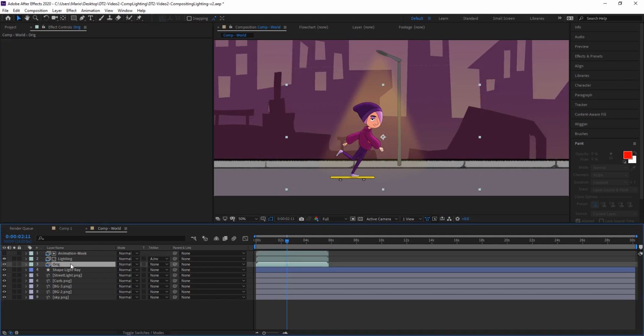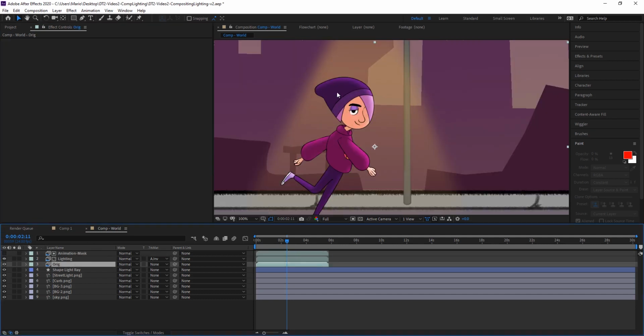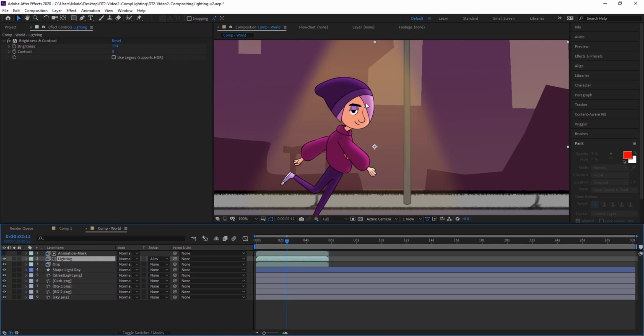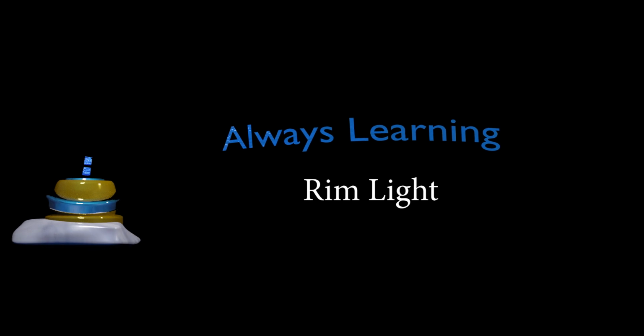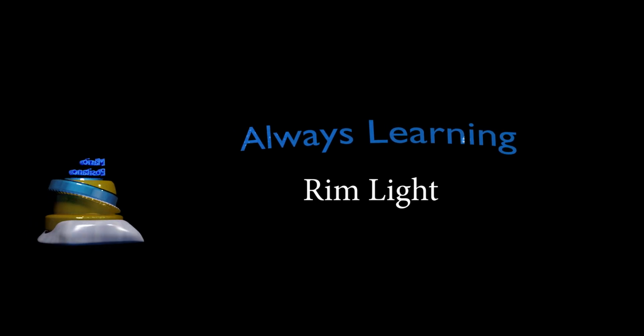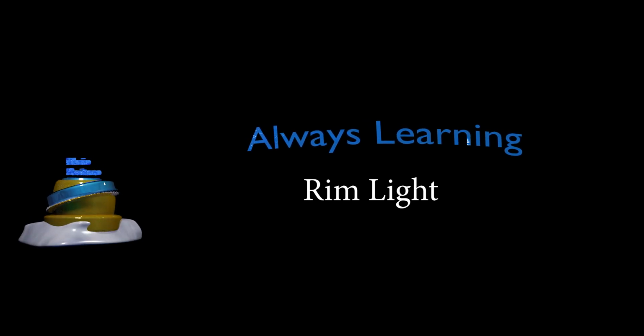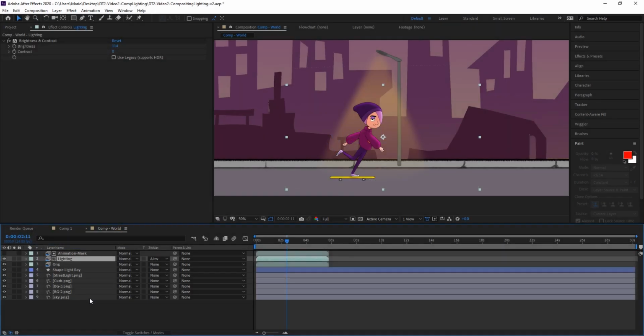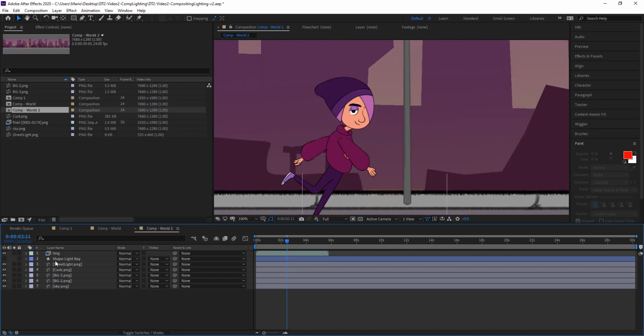So the original is the original color that you're seeing. The lighting layer is just a lighter version of the original layer. The mask is what we use to expose some of the lighting layer. Okay, so let's do a rim light. Let's say the character is lit from behind. So the rim light is a similar approach. We're going to take the original animation,